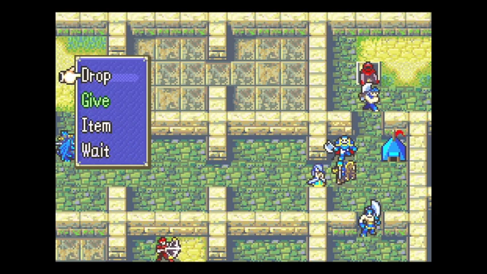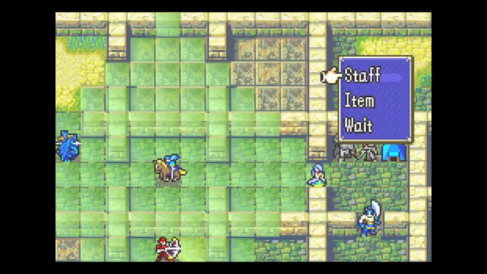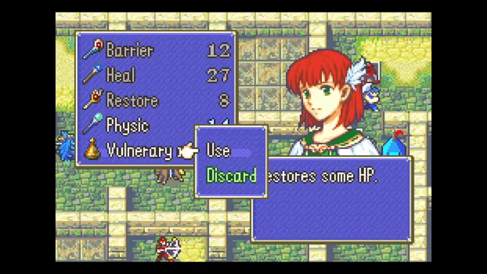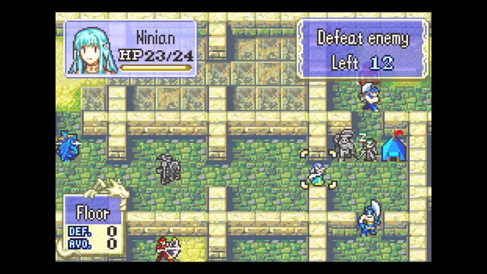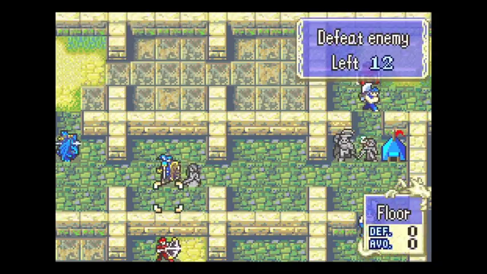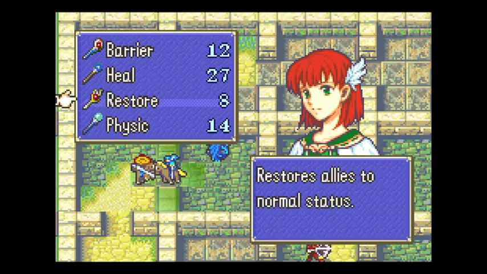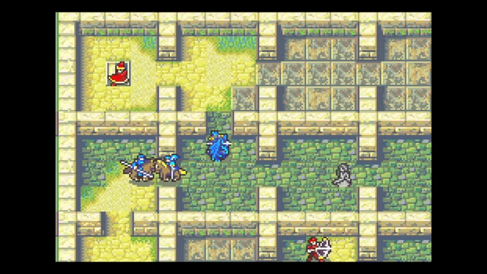This is where I've got myself into a bit of a pickle. I've got Hector, I've got Lyn, Dorcas, and Hawkeye sort of trapped here amongst the guys I don't really have to worry about. No one has like that archer, it doesn't have a longbow or anything to worry about. But I have to get rid of, I literally have to prioritize getting rid of the berserker